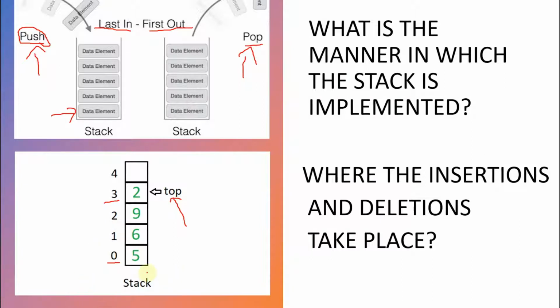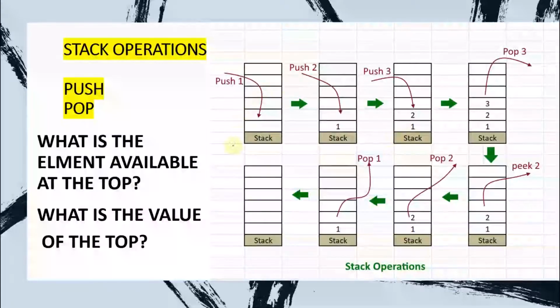We are going to implement the stack in Python in the form of a list. The list also has something called an index, and each index is going to have an element. We are going to implement this stack operation in this particular list. We will have a pointer, a variable called top in our program, which is going to maintain the index of the newest element. The index of the element which was entered last will be maintained in the variable called top.